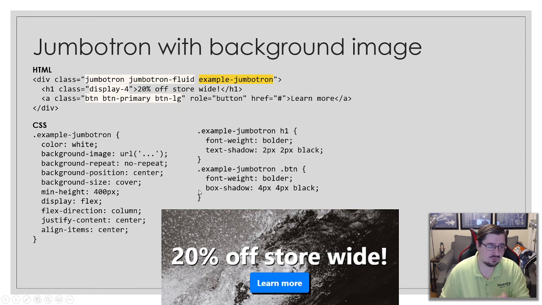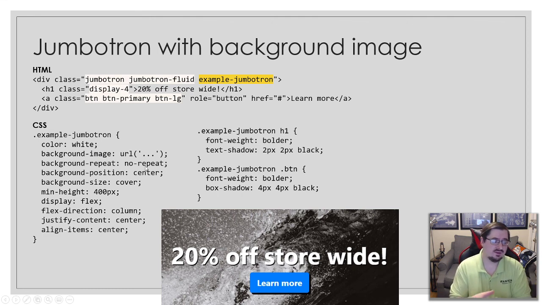So let's look at what I'm applying. To the Jumbotron itself, which is this outer layer, I'm giving it a color of white, and remember that text color is inherited down to all the controls inside of it. So that's why this text is becoming white, and this text on the button is also white. Actually, no, that one's white because of the btn-primary. I take that back. But that's making the text here white. So the color I pick needs to be contrasting to the image. Because I have a black and white image, it's largely black, at least in half of it, I'm using a white. So I've got the color white, I've got the background image set to an image,